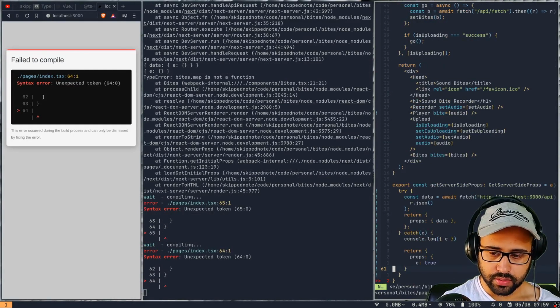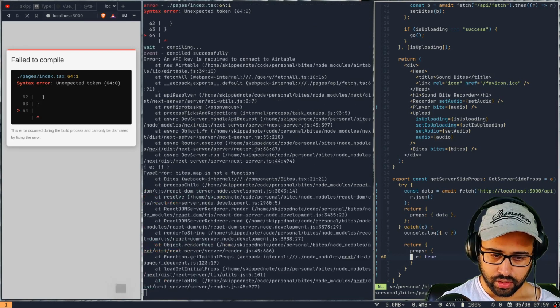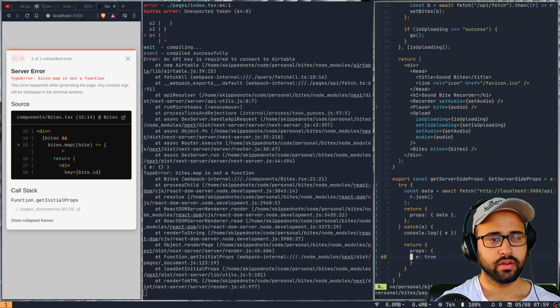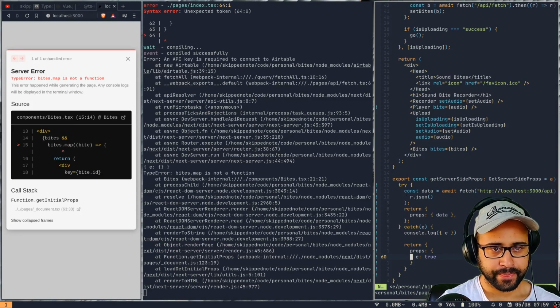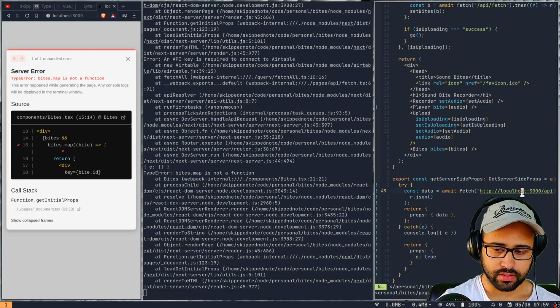I have messed up something here. That seems fine to me. Let's see. Too many curly braces. Okay. Error, API key is required, so that is fine.